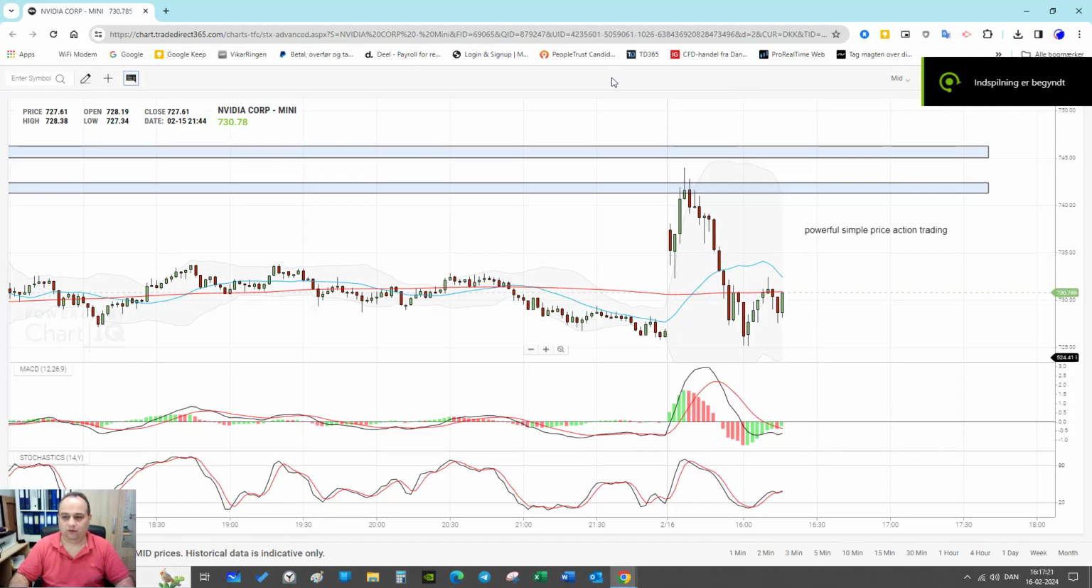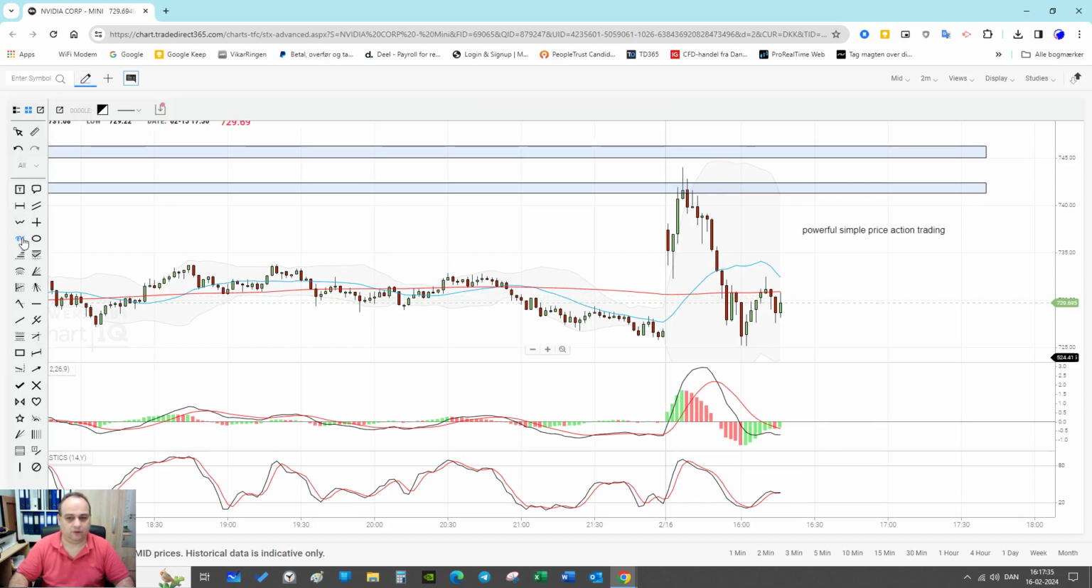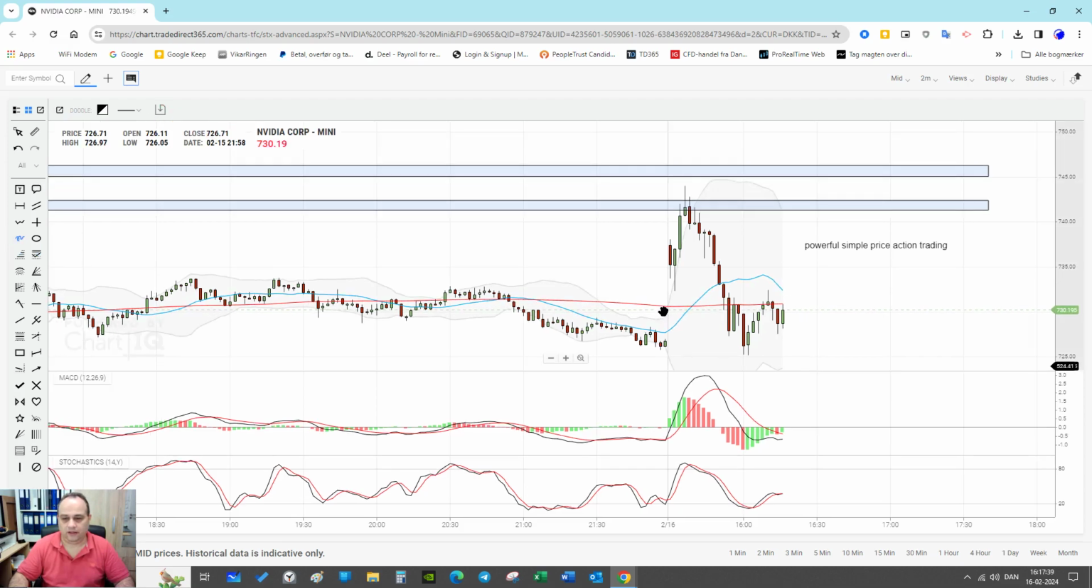This is a powerful, simple price action trading example. This is the stock of Nvidia. This is on a 2-minute time frame like Oliver Velez teaches. What we have here is the market opening at 3:30 Danish time, and as you can see, we have the